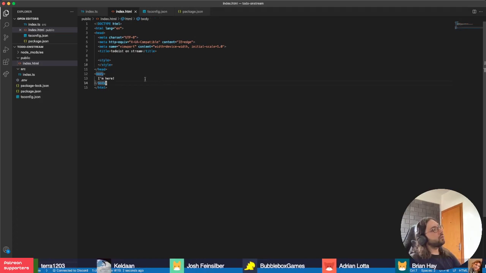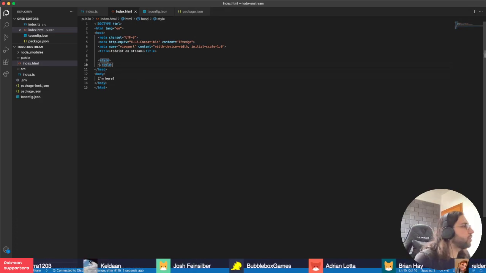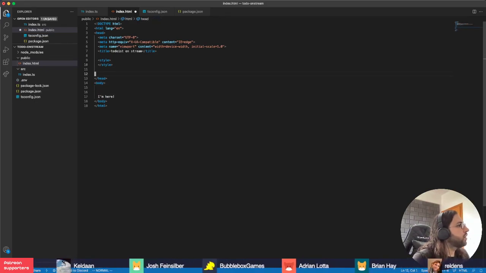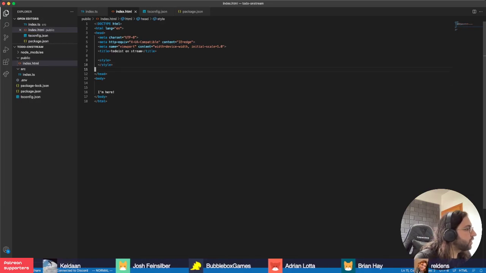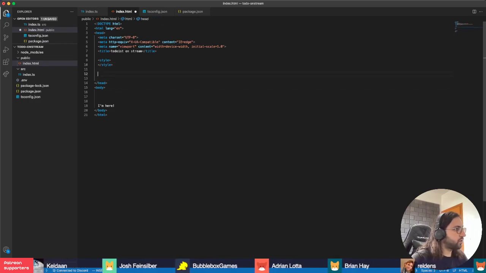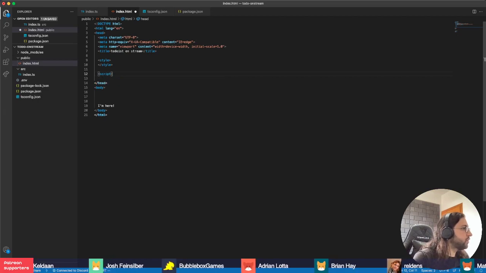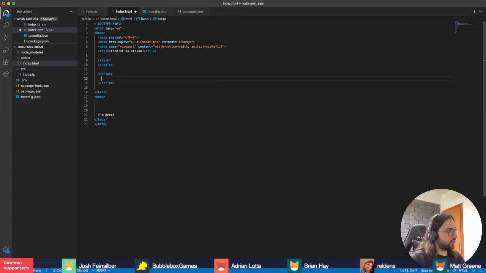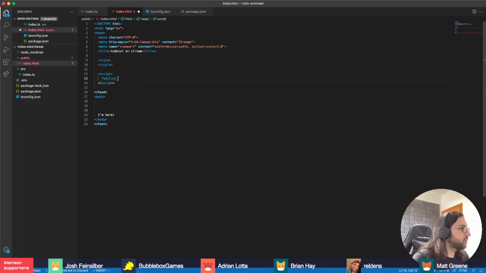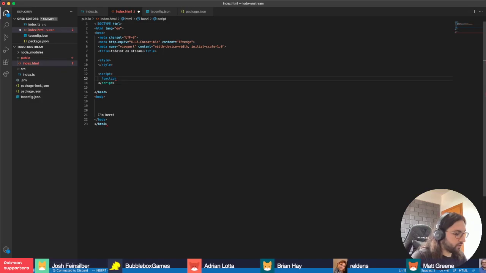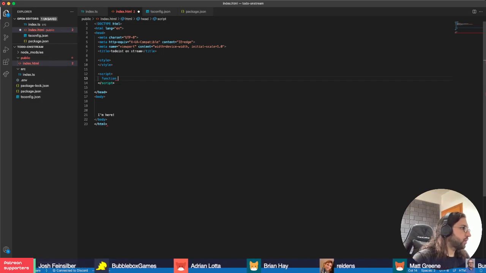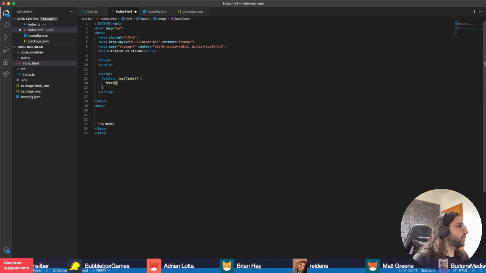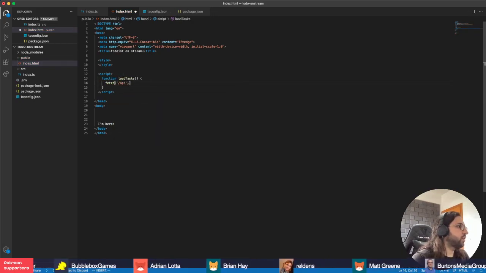For making the request, I'm going to go very bare bones and use the fetch API. I don't particularly like the fetch API. I find it very cumbersome. So, function, this is going to be a very bare bones function. Load tasks, and I'm going to fetch the API,